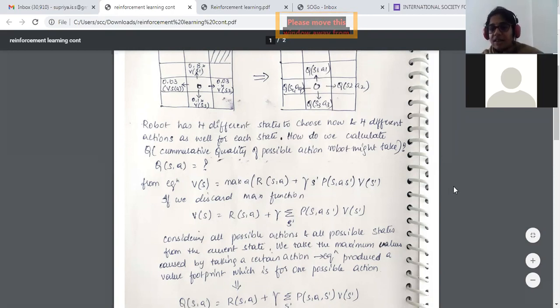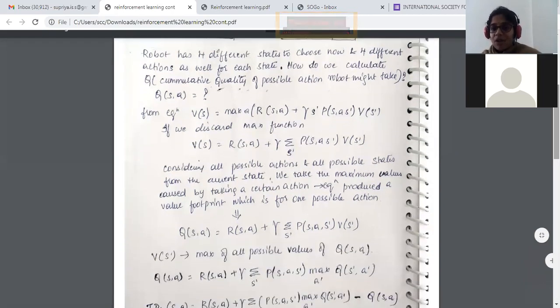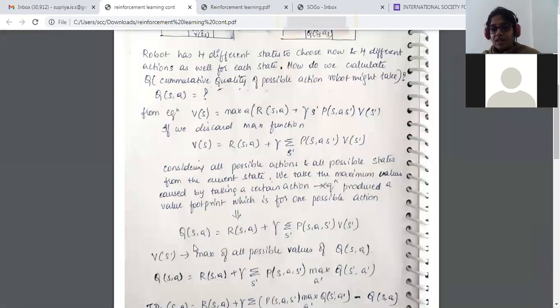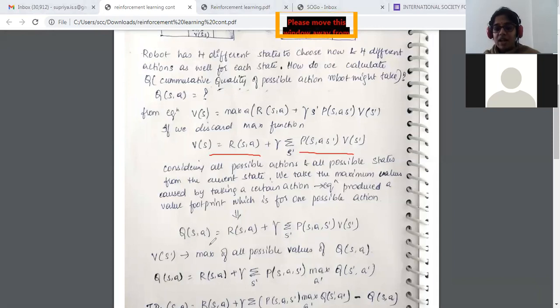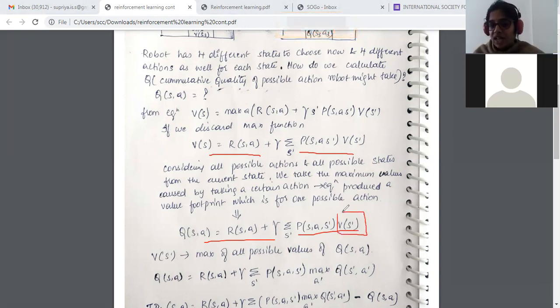You can see here the equation stays the same. So what am I doing? The equation produces a value, in the sense Q of S comma A. I'm writing the same equation. Whatever equation I have here, I'm considering the same equation here. The same operation is going to be performed, but here, rather than giving a value to a state, I'm going to give a value to an action. That action is basically this part, whatever I have here. I'm using the same equations, but here I'm considering the value of it.